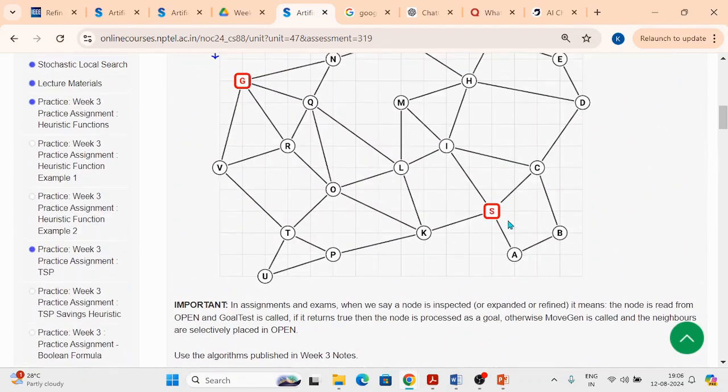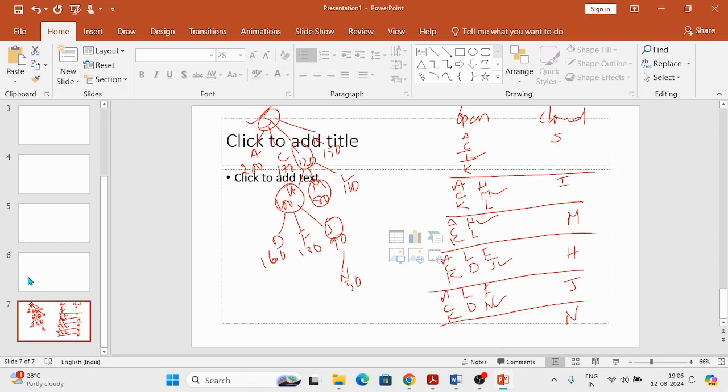S is connected to all these nodes. If the heuristic value is better than S, better meaning nearest to the goal, meaning if h of n is lower compared to S, then only will it move to the next node. So if you follow the same procedure,